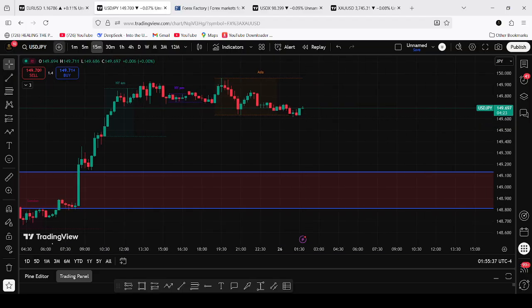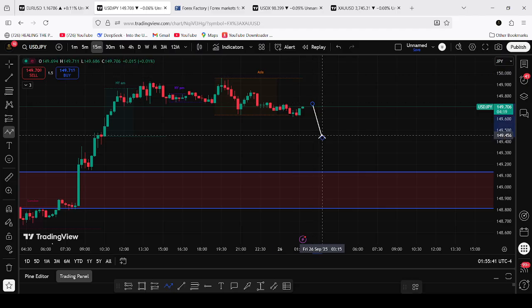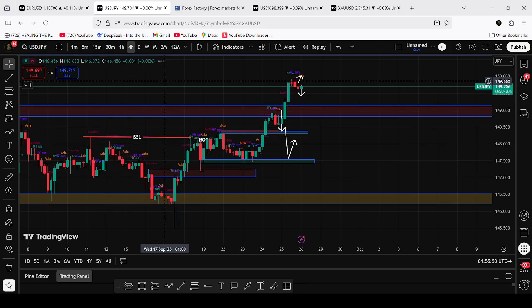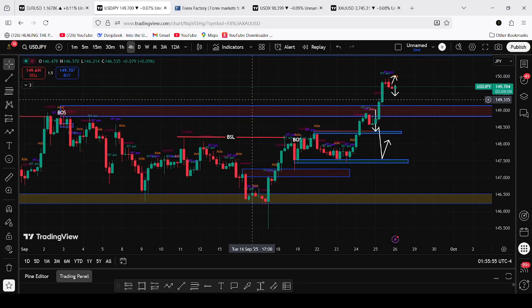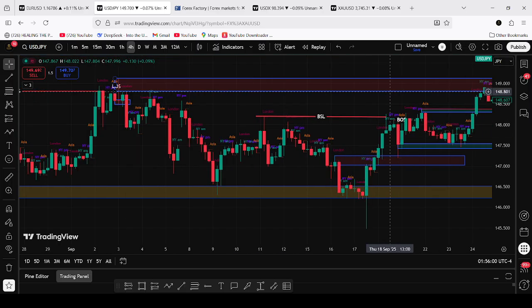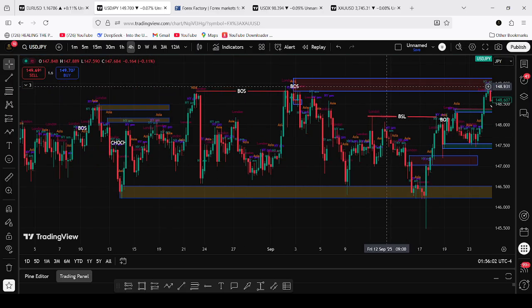So for today, I might be looking for a move in this direction to come to this zone, then it continues to move on the upside. But if it fails, we might see more buying opportunities, so we can align ourselves to come to this zone. Here there is another block. There is another block on top.